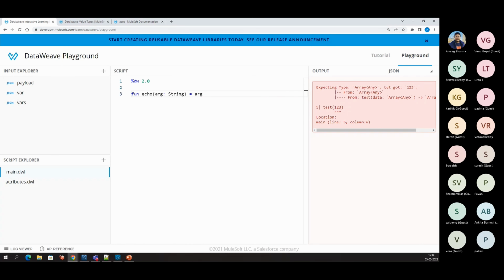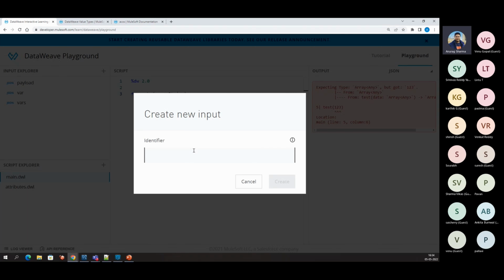Where's, and now we created this attributes.dwl. It means this is the main DWL. This is the some DWL, if you want to do some, generally we use it to create custom modules. We can give our functions here, but at the moment no need. So I'm just explaining how we can create different files, like main DWL file, attributes.dwl file, how we can declare the variables in the same way how we can declare the attributes,